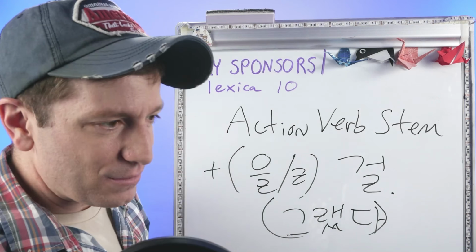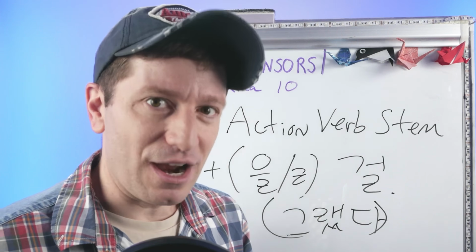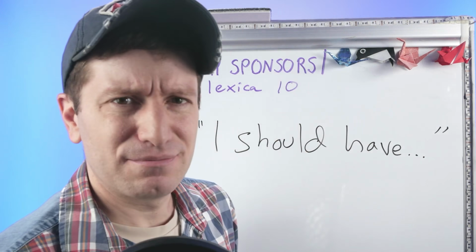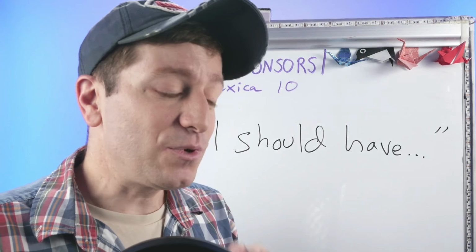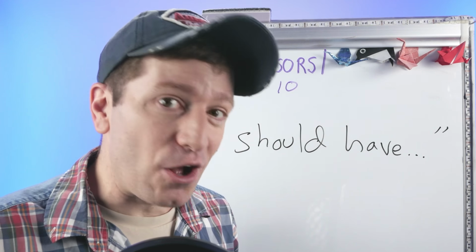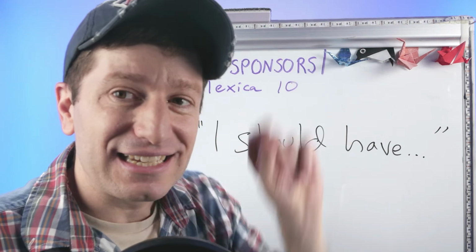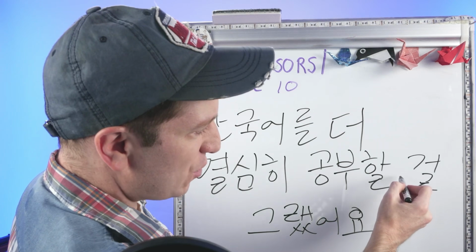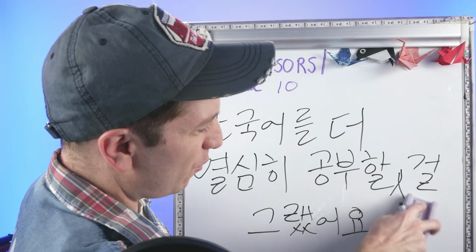And this form is a different meaning. Most of the time it's for expressing regret. And it means I should have. So I should have done something. And the intonation is also different. This will end with a regular falling intonation like a regular sentence, not with a rising intonation. This one is saying, oh, I should have. There is also a space before 걸 when you use this form, whereas with the other form, there is no